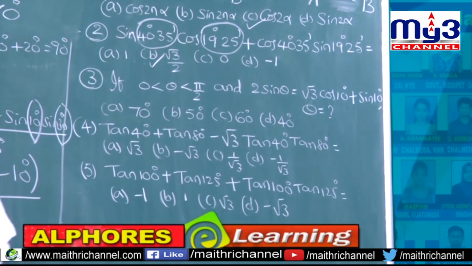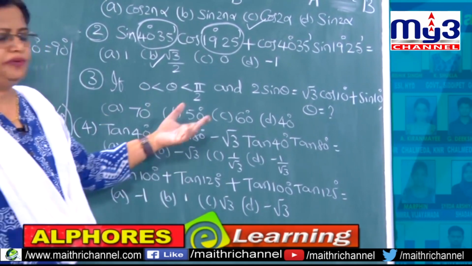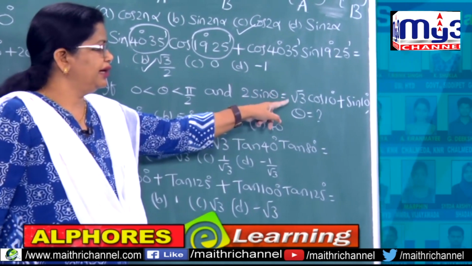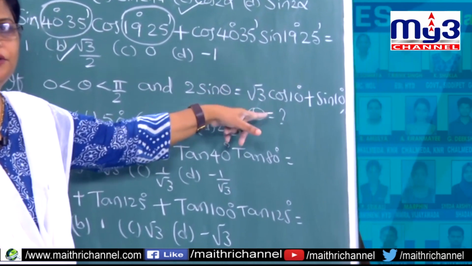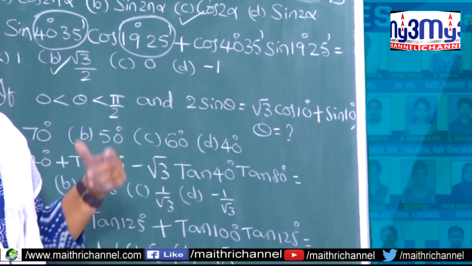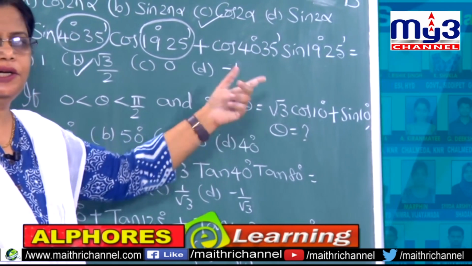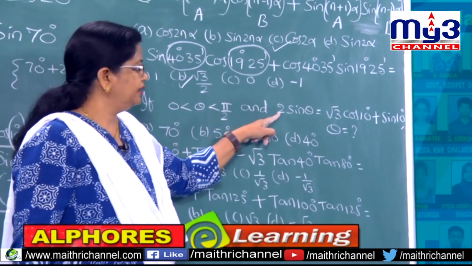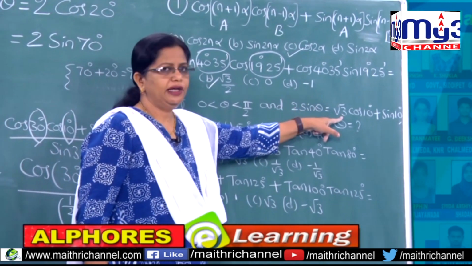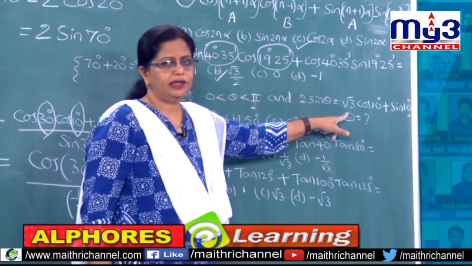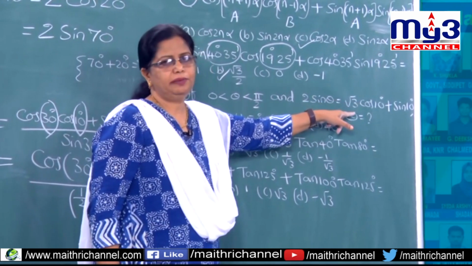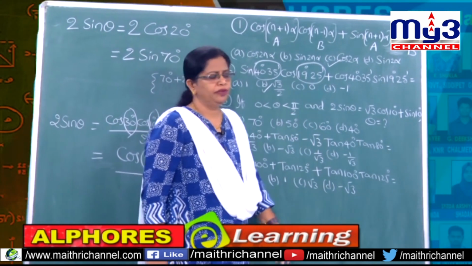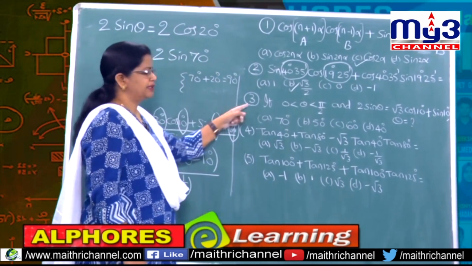So what is an important condition, not only now, in future also, in many problems you come across this type of problem. Whenever you get root 3 with cos or sin like that, then just write root 3 as either tan 60 degrees or else cot 30 degrees. Or another way you can do it: divide by 2, and then root 3 by 2 you can write as some value, that means taking cross multiplication, sin 30 etc., or sin 60 cos 30, any value. So in this way you can do the same problem.